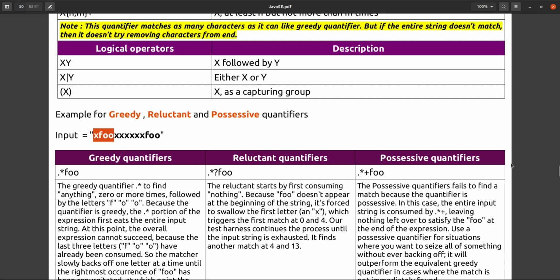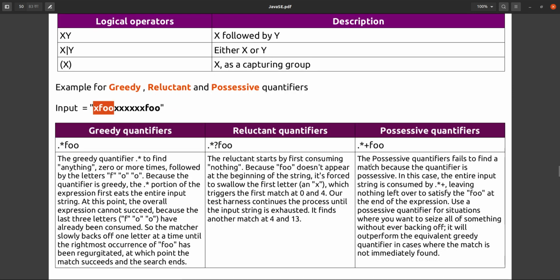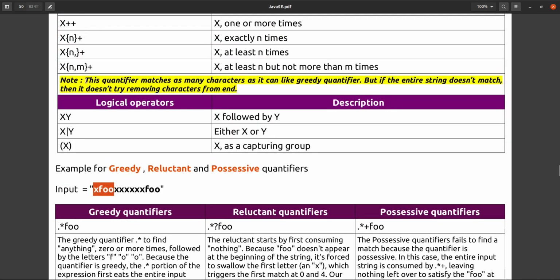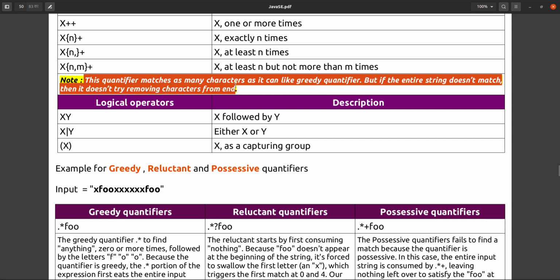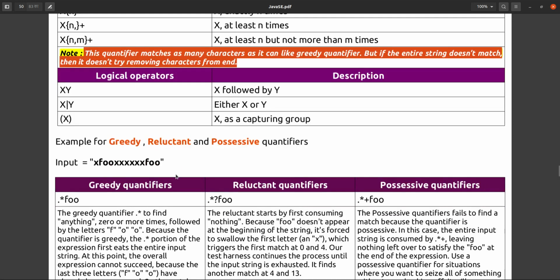And in the possessive quantifier, what does the possessive quantifier say? The quantifier matches as many characters as it can, like the greedy quantifier, but if the entire string doesn't match, then it doesn't try removing characters from the end. It is not matching at all.